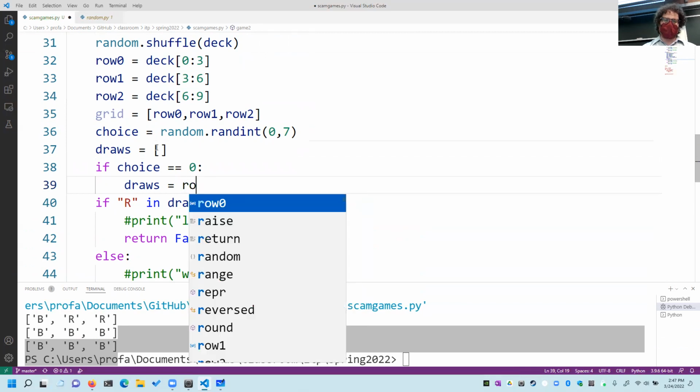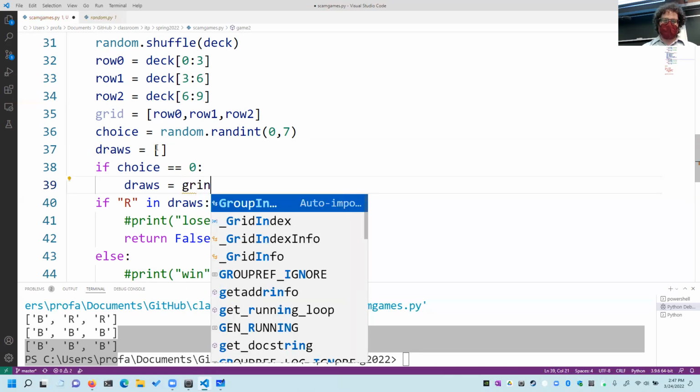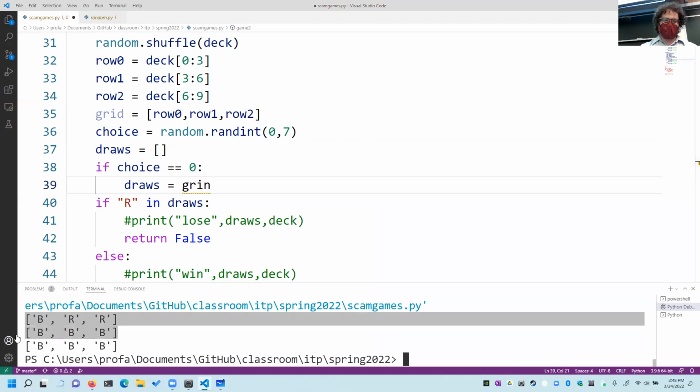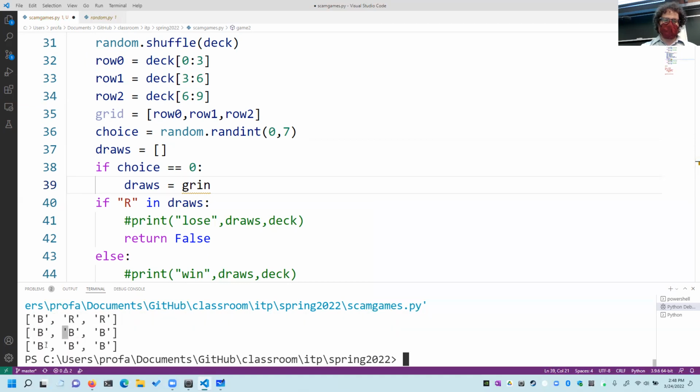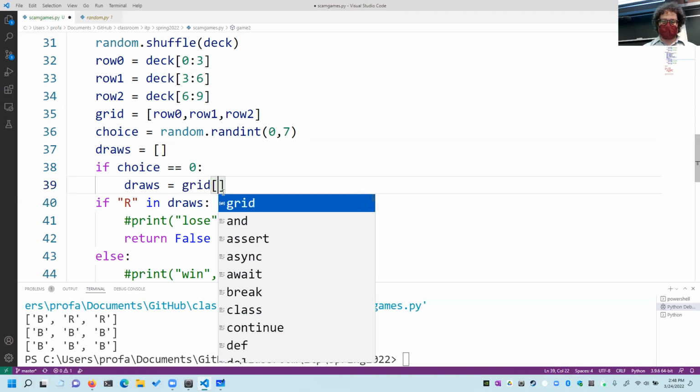We could just simply say it was equal to row 0, but let's select the items from grid directly. So this is row 0, row 1, row 2. And then these elements in them are in columns. The way we do that here is just like with matrices. So grid